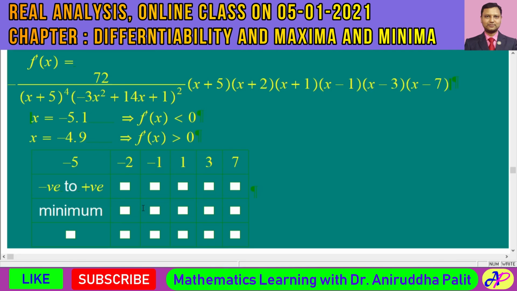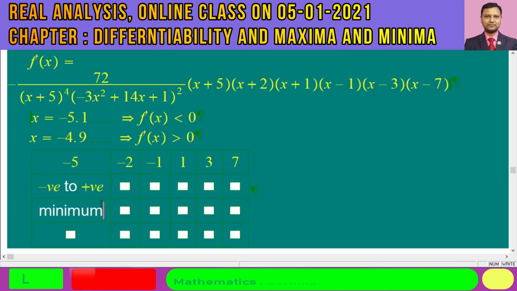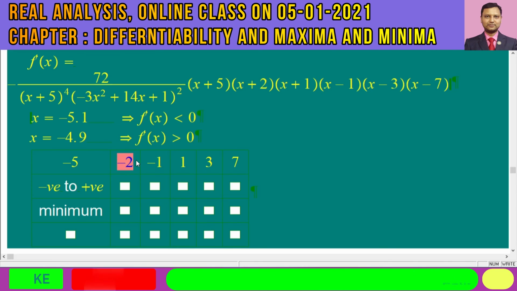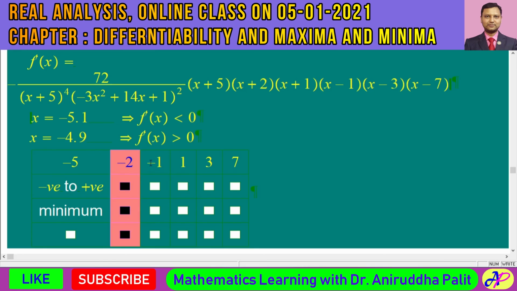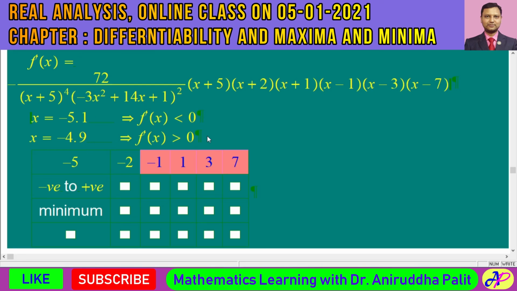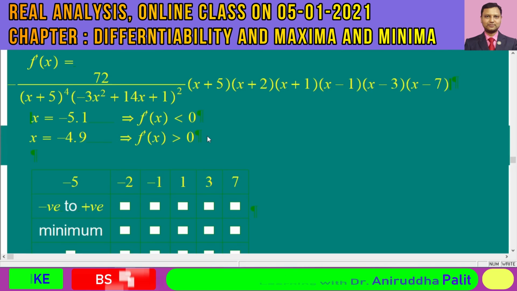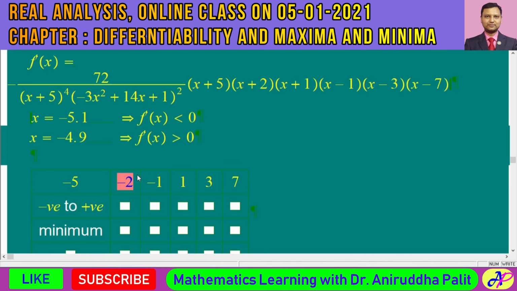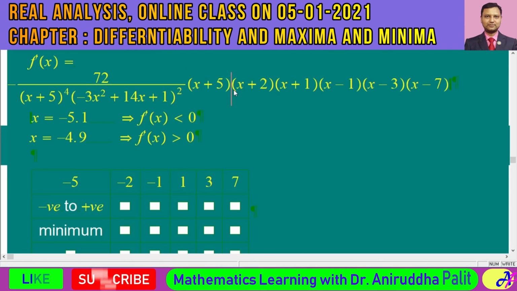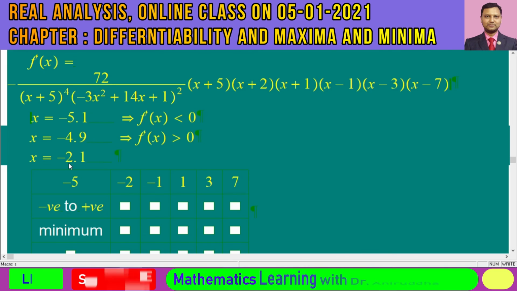In this way, you need to conclude whether the function has a minimum value or maximum value. Now, I'm just discussing one more point and I'm leaving the similar conclusion for the remaining points for you as homework. So if you consider the point minus 2, you see in between minus 5 and minus 2, the function would have the same kind of sign. But even if you want to check on the left of minus 2, x is equal to minus 2.1, you can check that